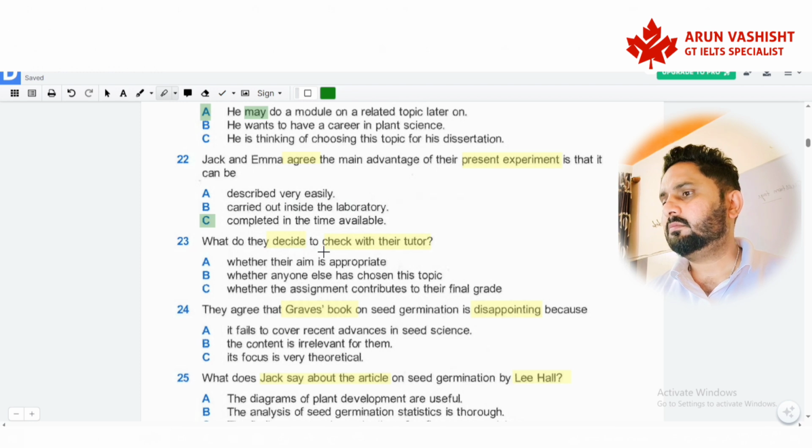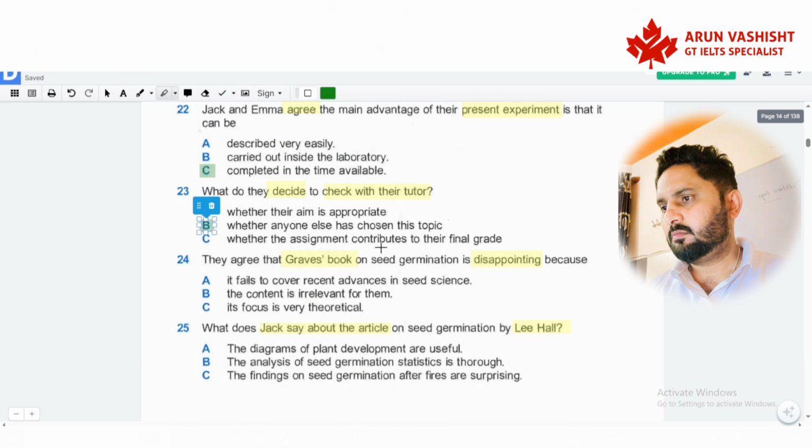Yeah, we need to have a word with the tutor if we're going to go ahead with it, though. I'm sure our aim's okay. It's not very ambitious, but the assignment's only 10% of our final mark, isn't it? But we need to be sure we're the only ones doing it. Yeah, it's only 5% actually, but it'd be a bit boring if everyone was doing it.